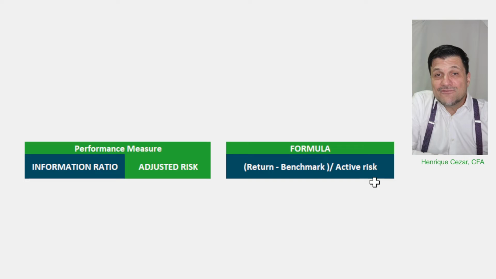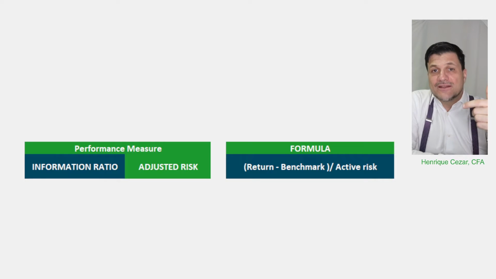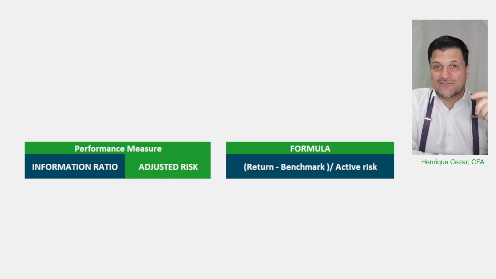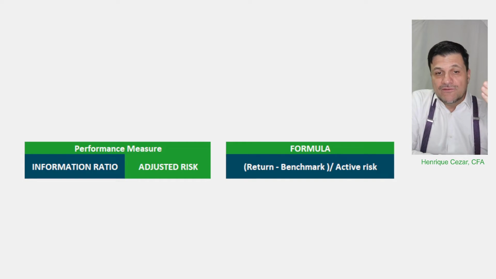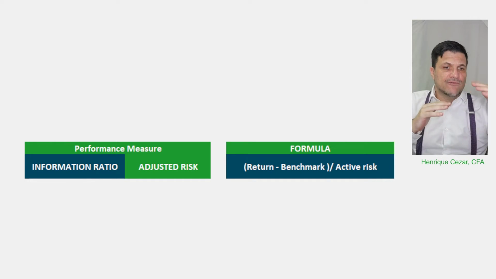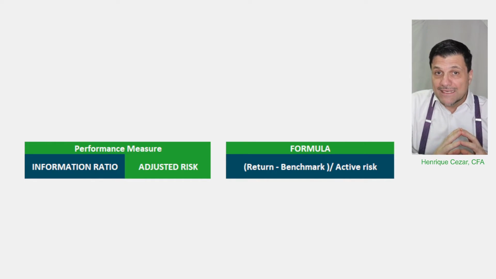The active risk is a measurement of risk: for each unit of active return, how much active, additional risk was taken to generate that return. The idea is always to keep the active return, the alpha return, above the active risk. If the manager can keep that, obviously the information ratio will be higher than 1, right?